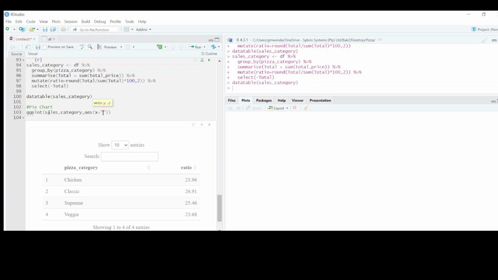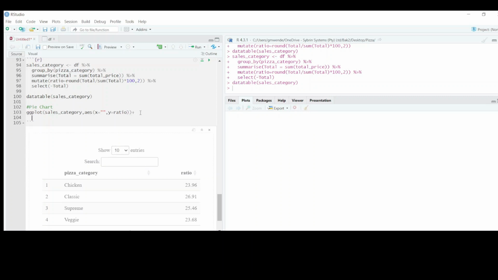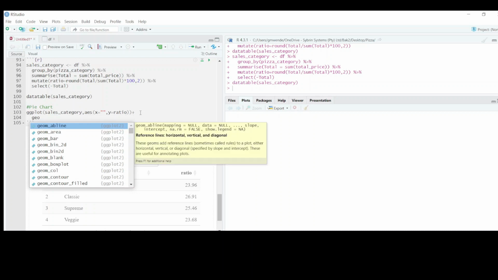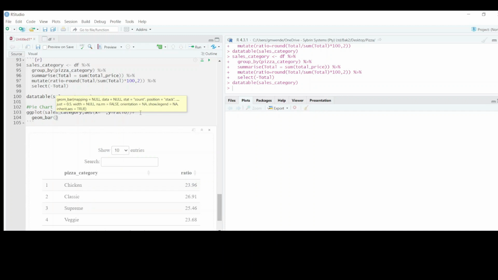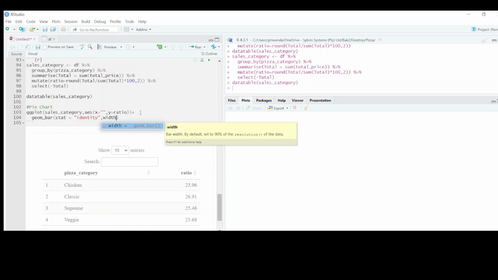For a pie chart, the value of x is blank, and then for y you want the ratio, and then plus. Here in the pie chart, we use geom_bar, but we'll add a coordinate called polar. So stat equals identity. I hope I don't misspell this one again. Identity here. You remember in the line chart we used group. Here we use width equals 1, plus